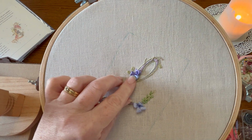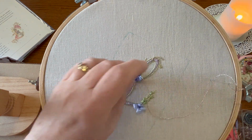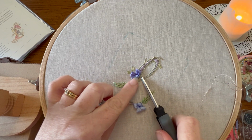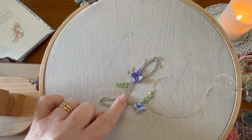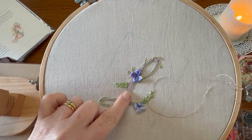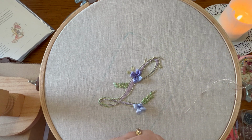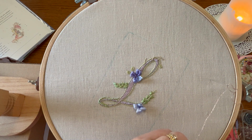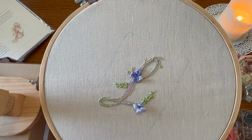My light in my craft room is quite dull, and so I'm not super happy with some of my satin stitching, especially in this area. They're too loose, too far apart, quite messy. I did think about starting again, and I thought, no, I'll just carry on, because probably by the time I've put ribbon flowers over that,